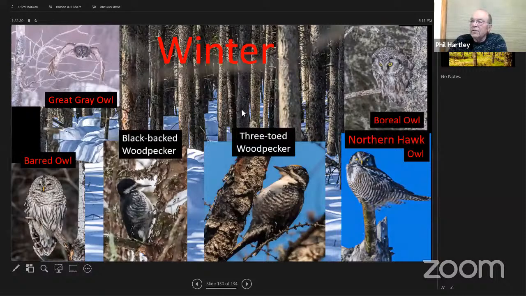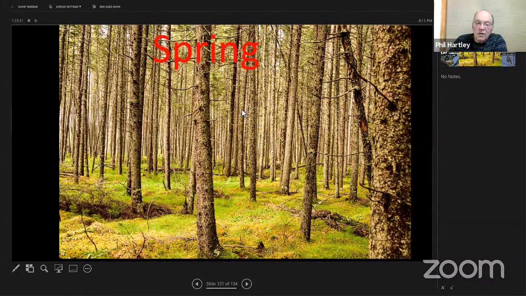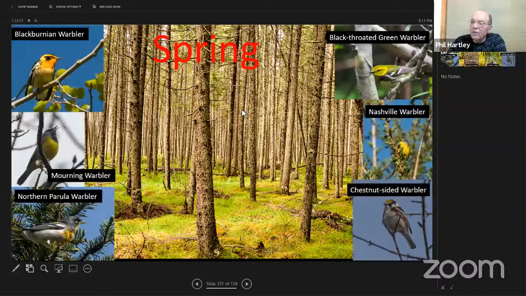But you also go there in the spring. Spring is a beautiful time over there. And you go there to see the warblers. This is only just a few of the warblers there. This is kind of a little more difficult for people down in the Twin Cities unless you stay overnight. But they have what they call Warbler Wednesdays in May,